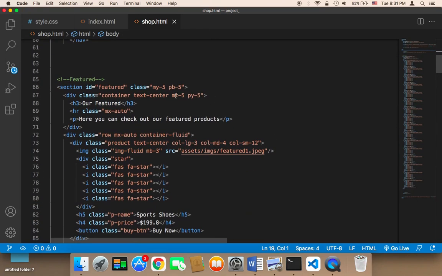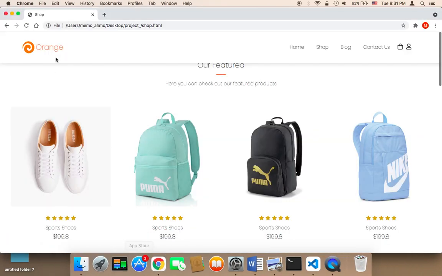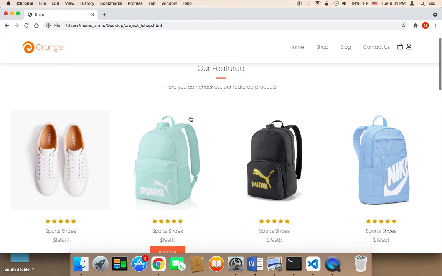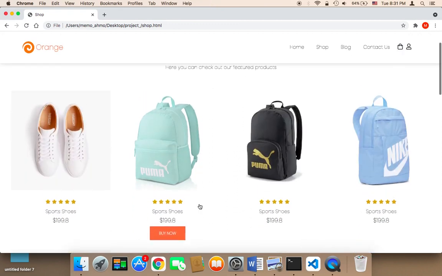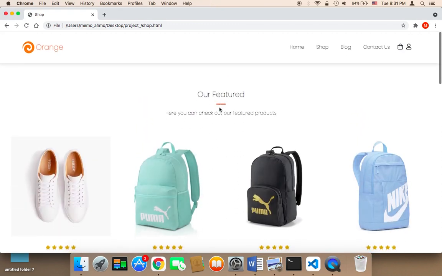So here I'm going to remove the padding bottom, and instead of margin, I'm going to say padding Y. If I say padding Y, this is going to fix this problem. Let me refresh. As you can see, if you scroll, you'll find that the text will be displayed